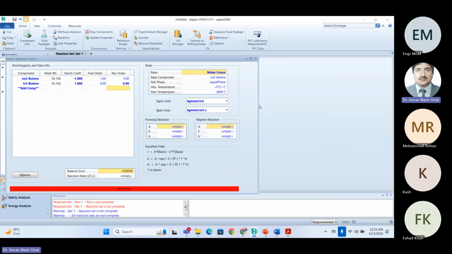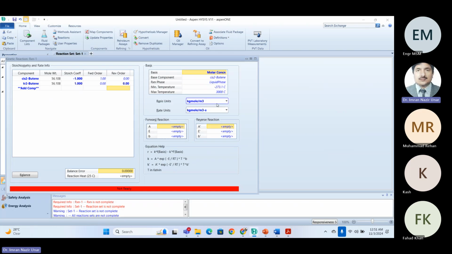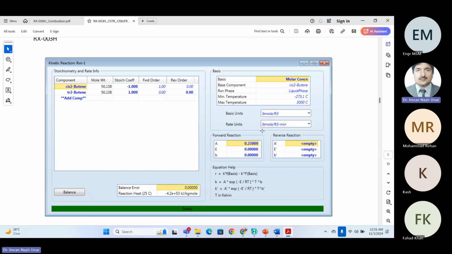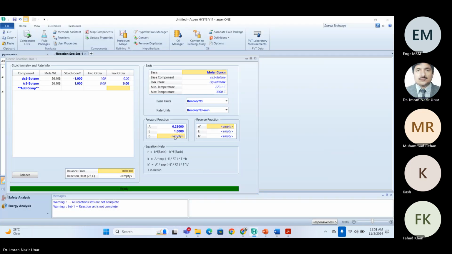देन मोलर CH2, ये सारे टेम्परेचर बाय डिफॉल्ट हैं पाउंड मोल पर क्यूबिक फीट। यहाँ पर पाउंड मोल पर क्यूबिक फीट, ये जो यूनिट है वो एग्जैक्ट लेने हैं रेट यूनिट्स की। पाउंड मोल पर क्यूबिक फीट पर सेकंड पर मिनट, और इसके बाद 0.23 ए जो है वो फॉरवर्ड रिएक्शन में 0.23, और इसके साथ ये 0 है, और ये भी 0 है।